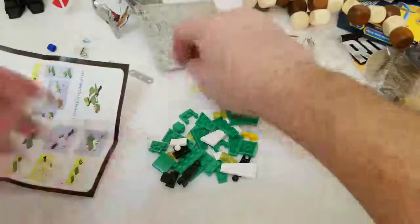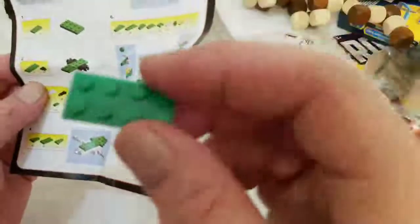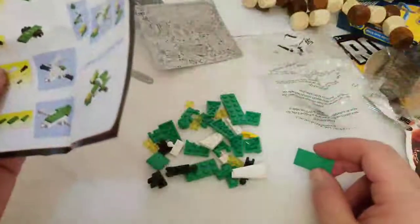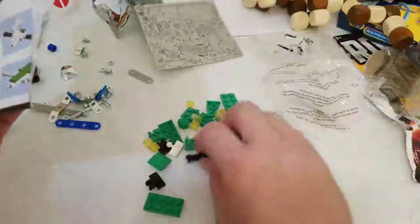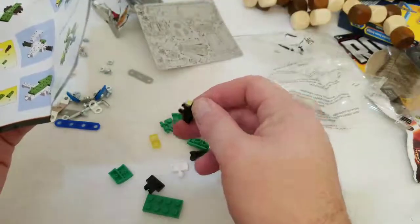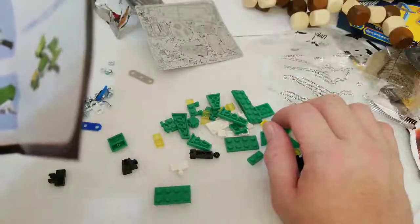So, okay. So, step one, it looks like you're going to take this piece right here, little piece right here, and okay, step two is a little weird, a little off. Let's see if I can find it here. Looks like that and that. Those two little black pieces there, like this,